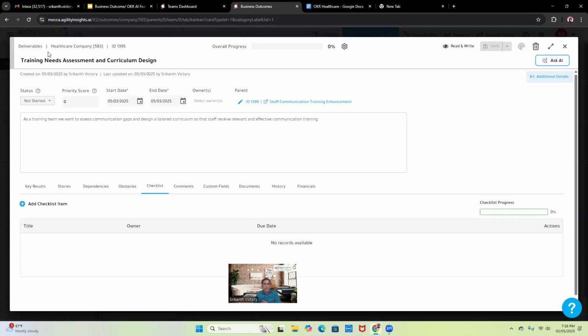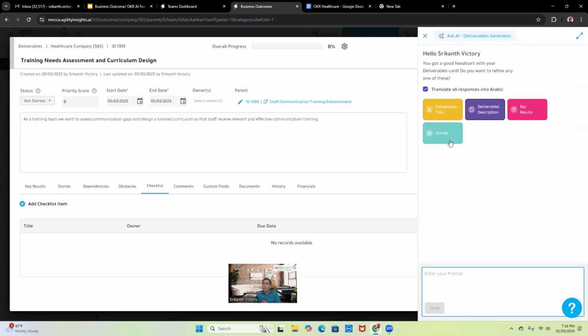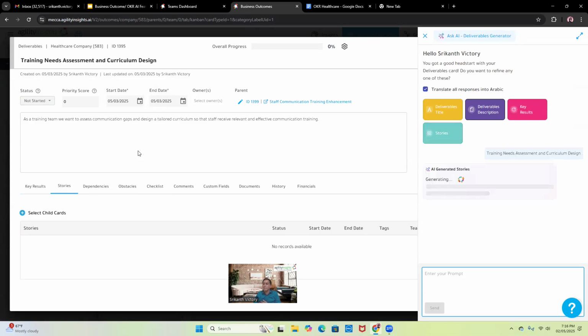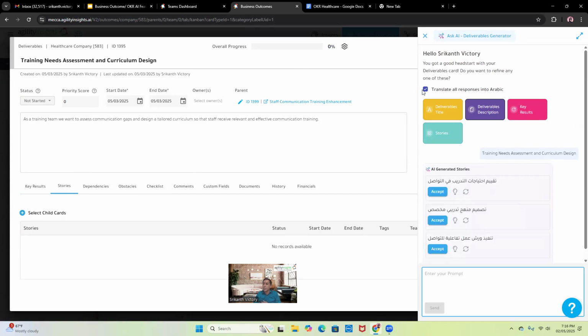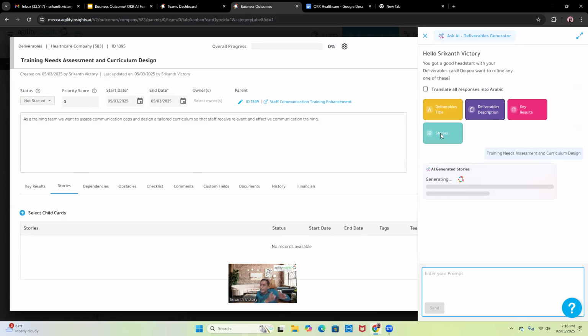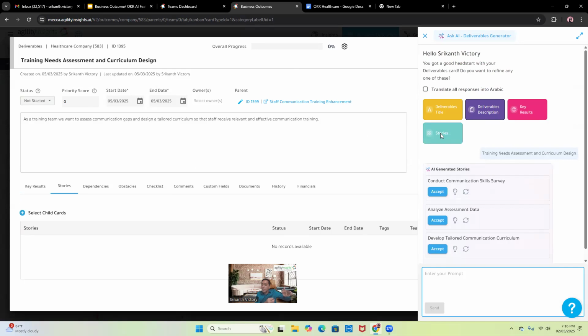So once I get on the deliverables, now what I'm going to do is create the stories. Or if I want to create key results again, I can create it. In the interest of time, I'm going to create the stories for this particular deliverable. Think about that: the deliverables are again in the delivery execution management system. This is where the teams, the Scrum Master, product owner, are going to deal with all these stories. So we can create all at once